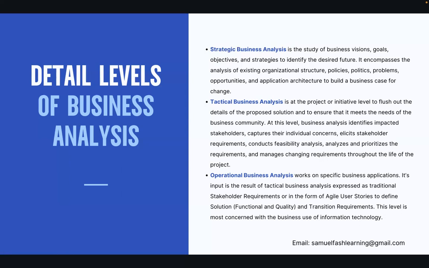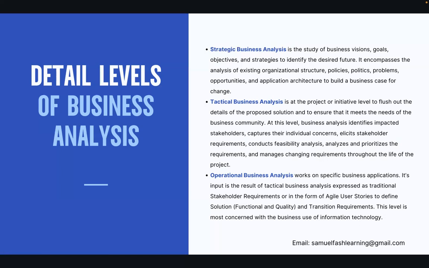The strategic level is at the top level, the enterprise level, where you need a business case, you need to gather some data, right, to do some research, both quantitative and qualitative research. Then at the tactical level, you already know the direction you're going, and you can flush out the strategy. If there's a payment strategy they want to put in place, if there's a feature that you want to put in place,